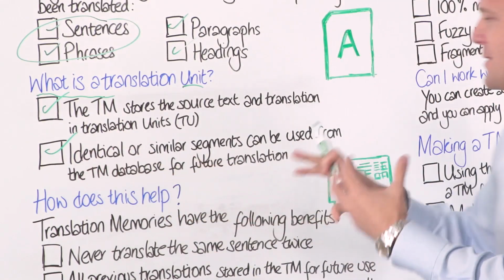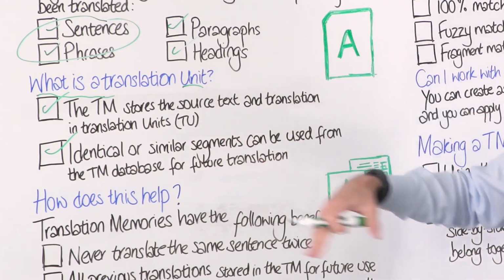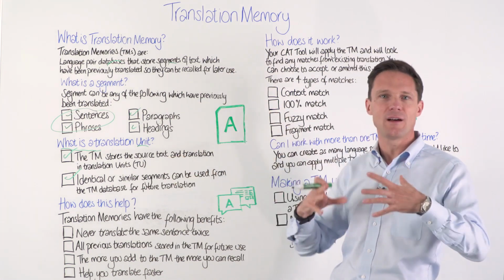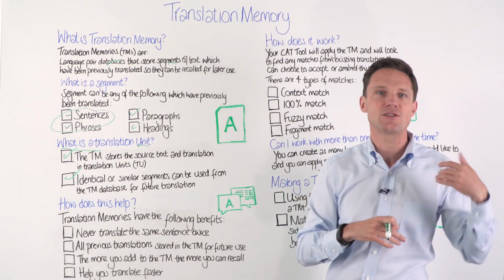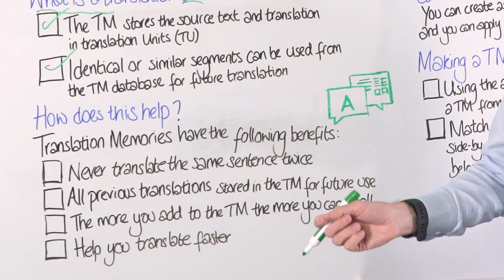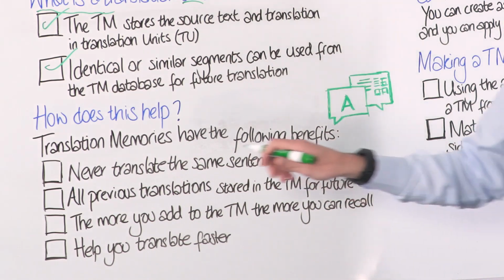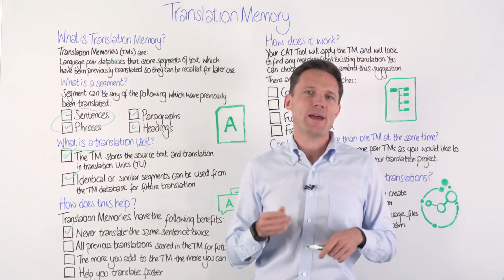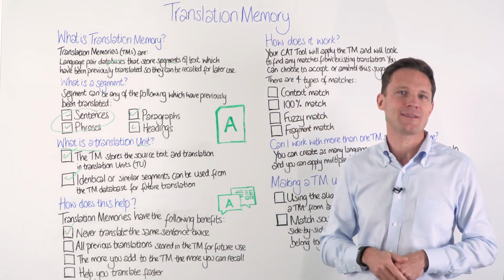What then is going to happen is that the translation memory can search all these translation units, and as you translate, it will find similar translations that you've made before for a specific sentence and suggest them to you as translations. So you might wonder, how does this help? It helps in many different ways. The classic is that you never have to translate the same sentence again. There are different benefits to it. You might see immediately what's the benefit of not having to translate the same sentence again.